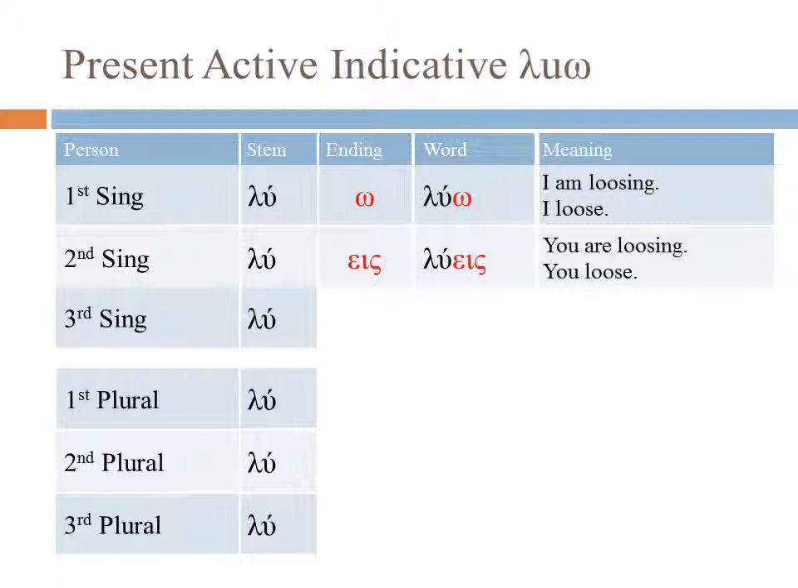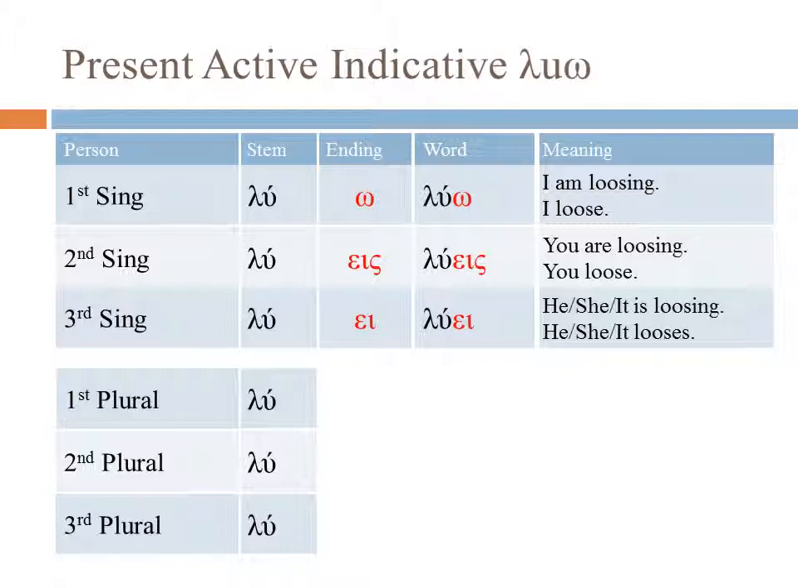Third singular, lu plus ei, and we get luei. He, she, it is loosing. He, she, it looses. Okay? Now, the plural, same thing. We have a stem lu, and we're merely adding endings. And remember what I told you, that connecting vowel that Mounce talks about, I contain within the ending. So we get